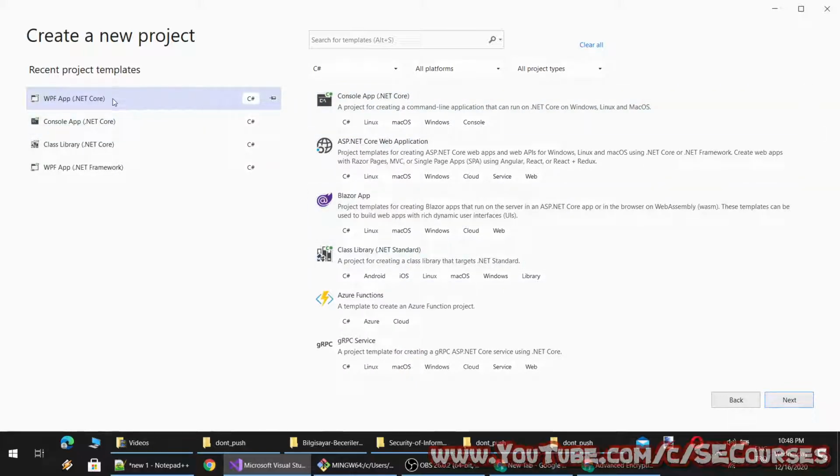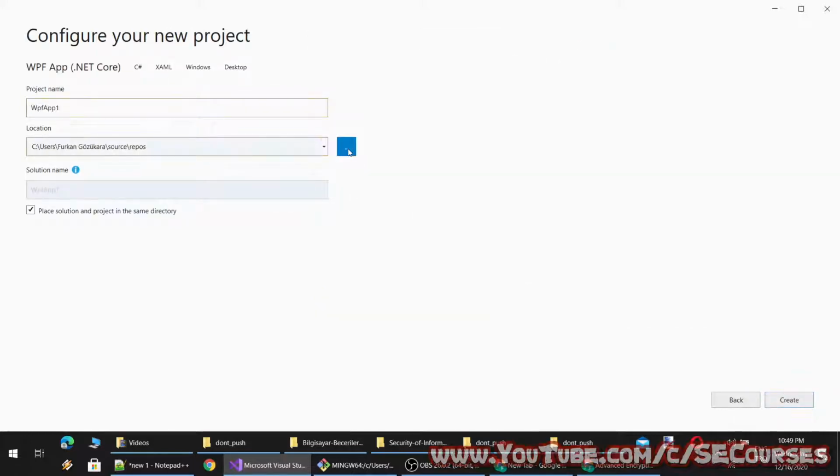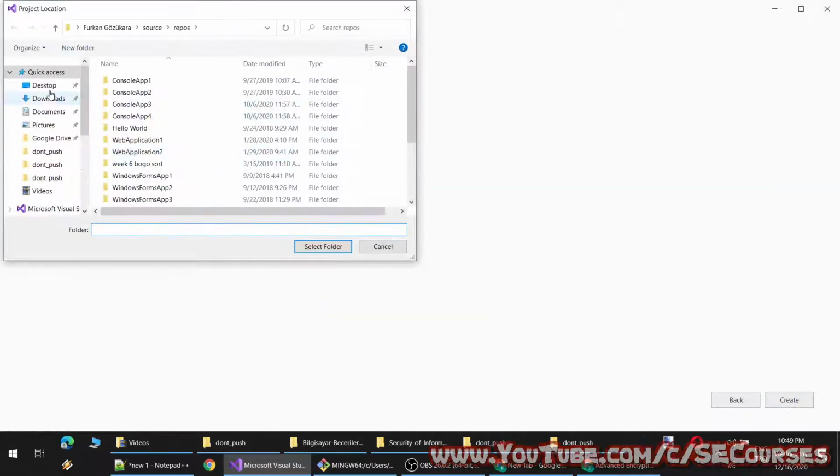By the way, in the updated version of Visual Studio, it is not anymore .NET Core, but it is named as .NET only. So in the updated version, you will see .NET and .NET Framework. Okay, so .NET Core is now named as .NET. If you can't find .NET Core, look for .NET. I will update my application as well. I haven't yet.